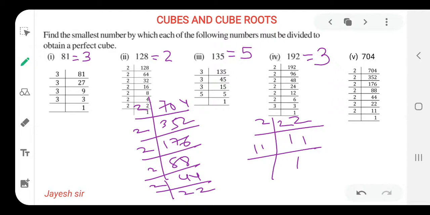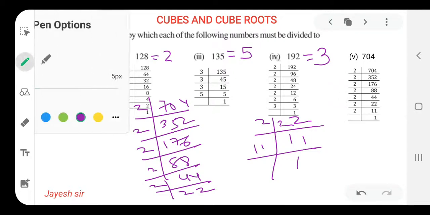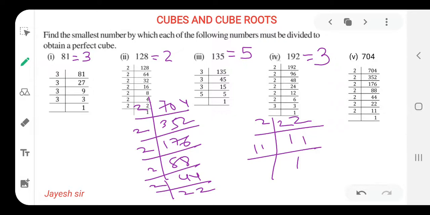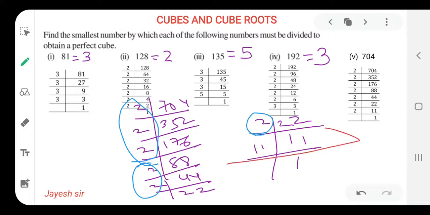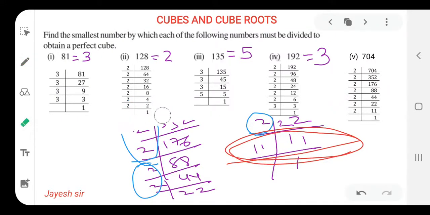So let us make the pair over here. 3 times 2 should be there. That is over here you can see, 2 times 2 over here, 1 time here. That means 3 times 2 is there. Now what are we left with? I am marking with a different color so that we won't face problems. 11. We are left with 11. One time 11 should be there. It should be divided by 11.